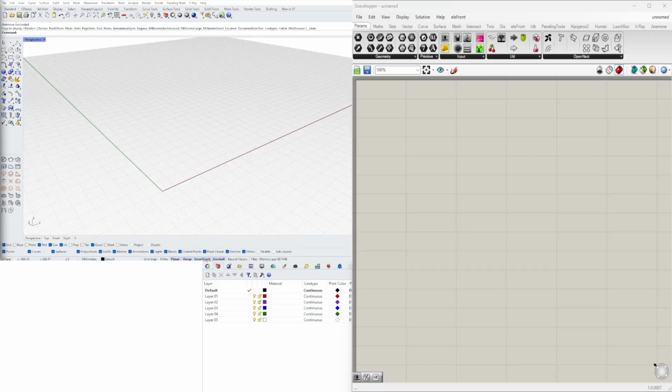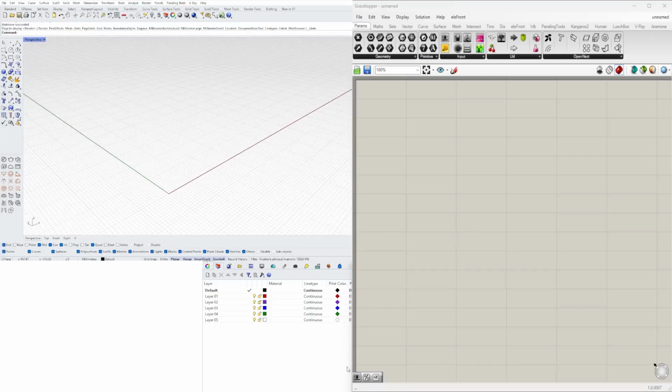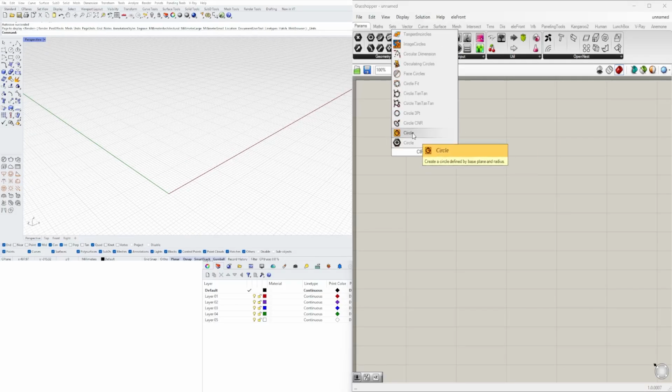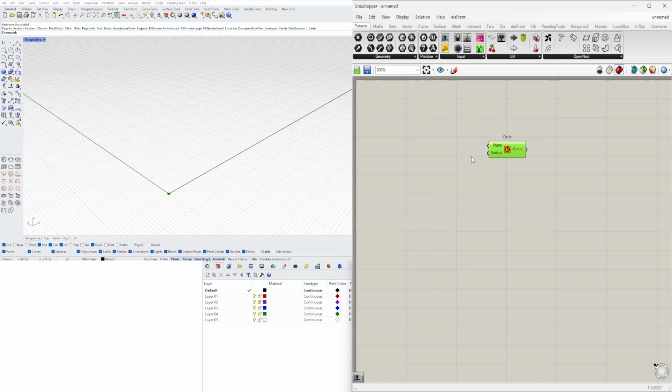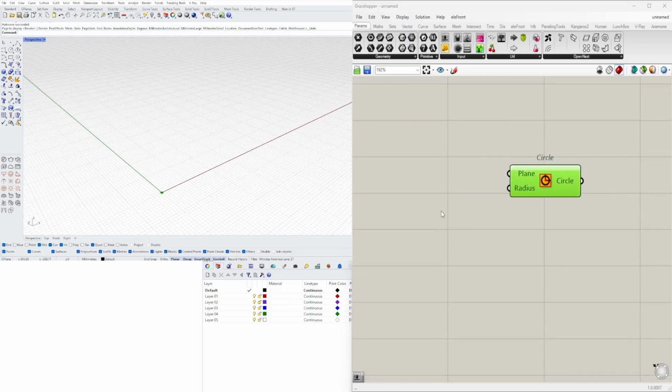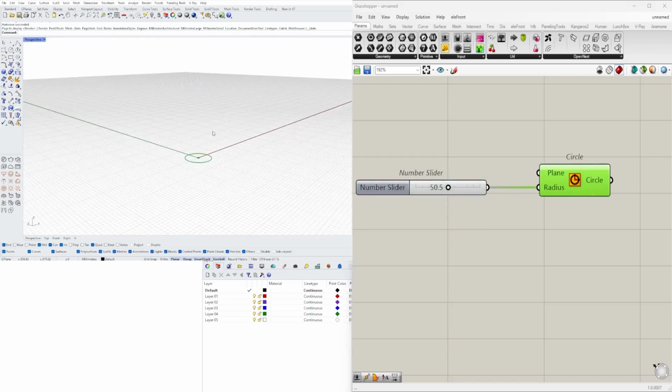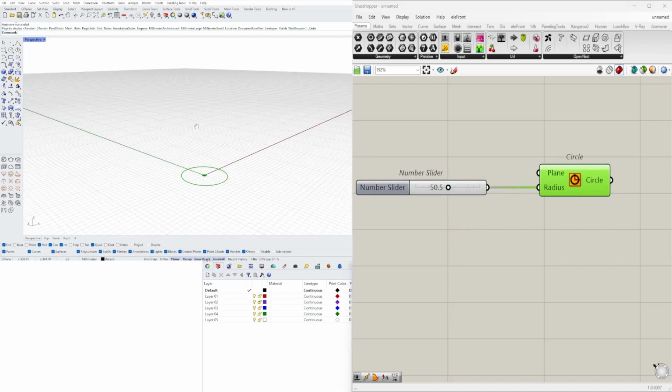All right, so the first thing we're going to do is start with a circle. So we'll go here, double click, bring in a circle component. Then we'll give it a radius. So this is going to be the size. We'll go 50.5. This is also in millimeters because I'm making this as a 3D printed object,